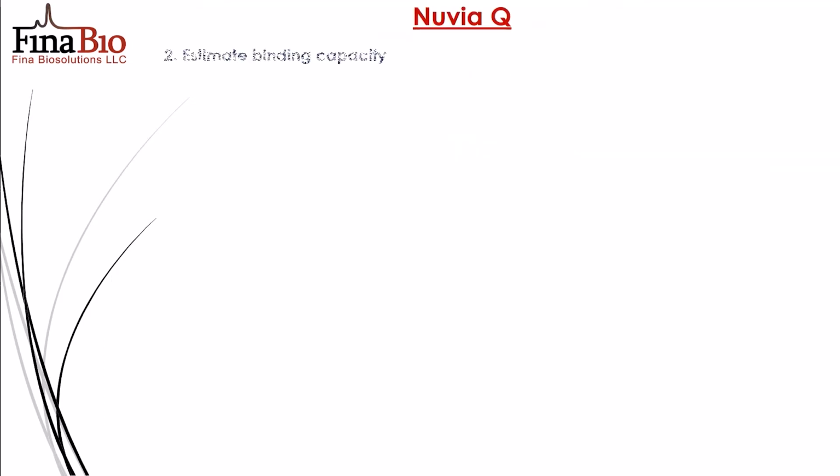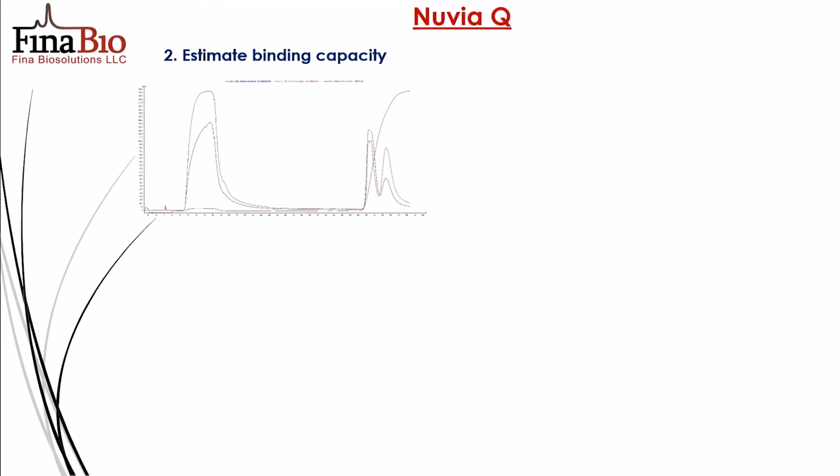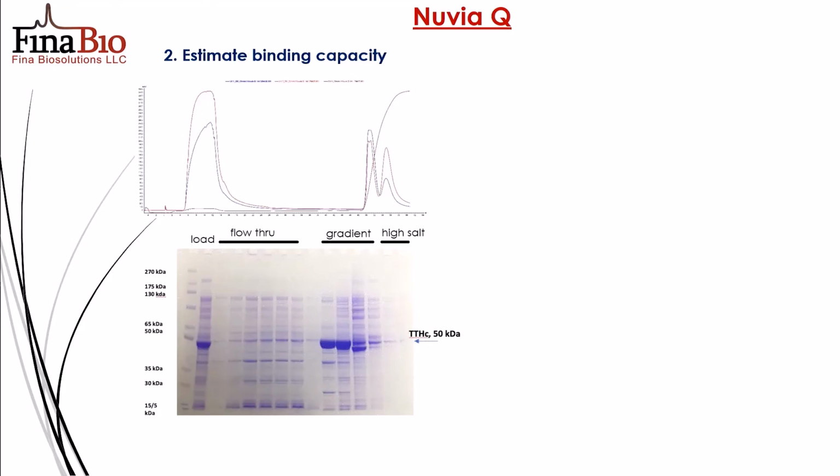In a further study, we determined that the Nuvia Q had almost twice the binding capacity of the Nuvia HPQ. This may be a reflection of the lower charge density of the HPQ versus the Q. We found that the Nuvia Q resin had a dynamic binding capacity of about 10 milligrams TTHc per ml of